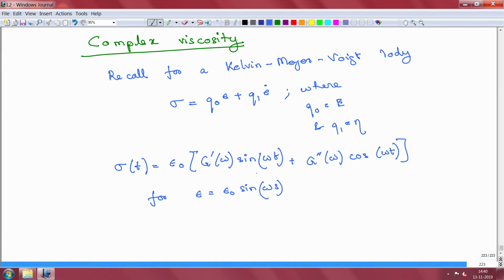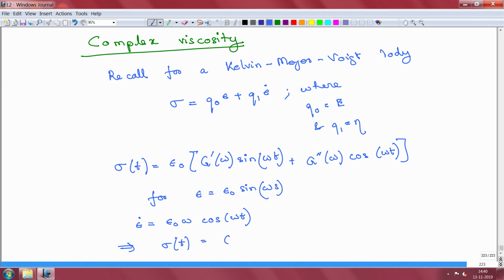Okay. So, we have already seen that. Now, epsilon dot is equal to epsilon naught omega cosine of omega t. So, this implies that my stress is